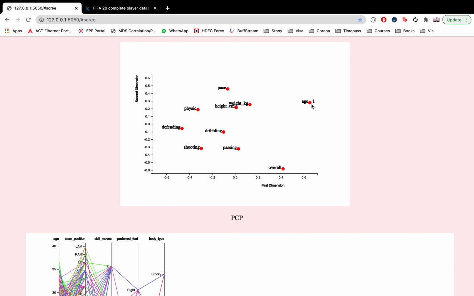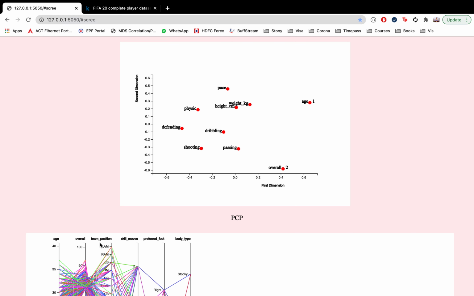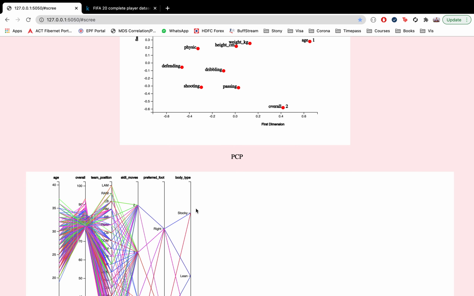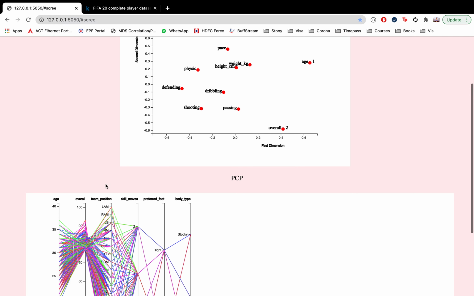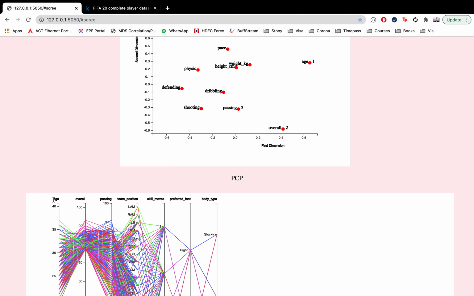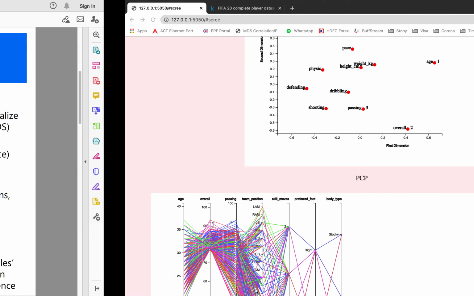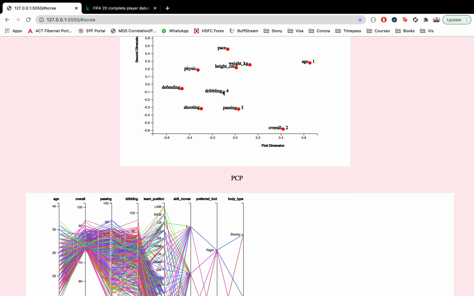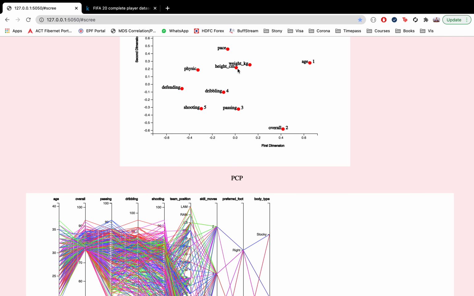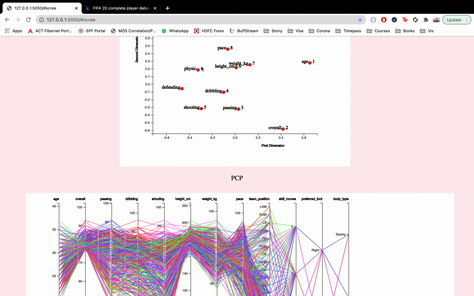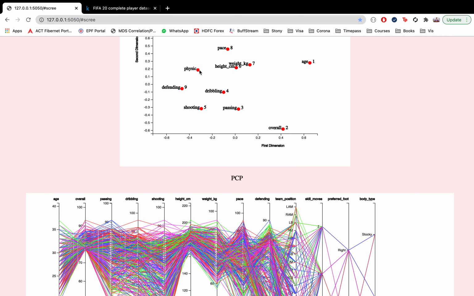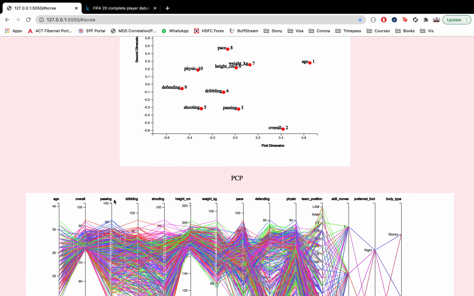First I've selected the age, second I'm going for the overall. So we get a PCP plot with these four categorical variables and these two numerical variables. Based on the click ordering, this order remains the same, and the categorical variables stay last. This is the extra credit mentioned in the assignment: we click on the order and the whole PCP plot is shown in that order. You can see the numbering beside each circle for each feature, and how the ordering appears in the PCP plot below.